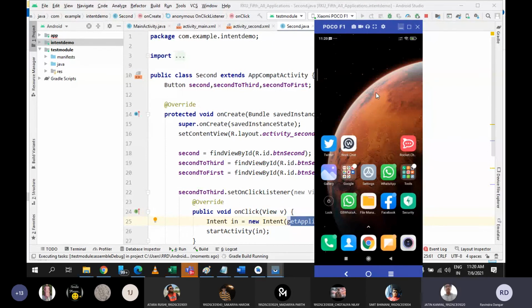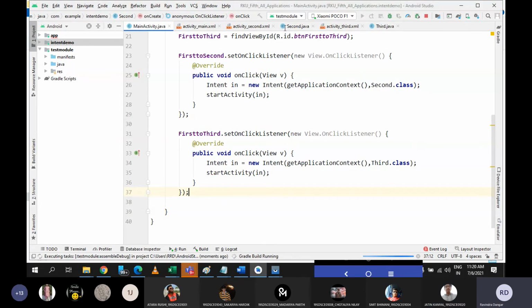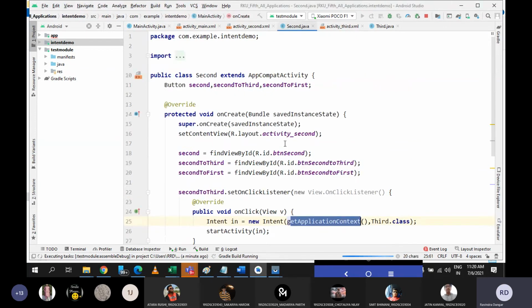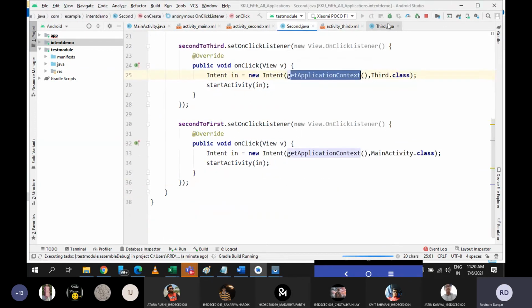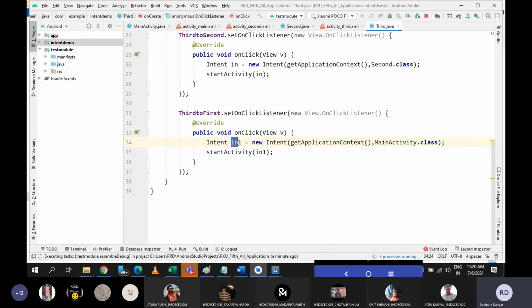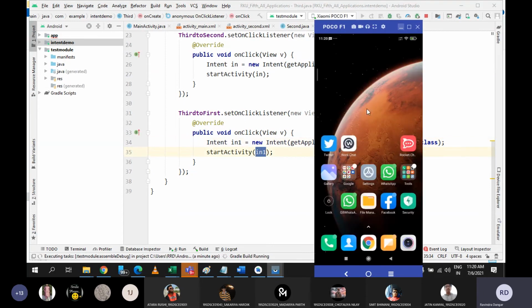Sir, in one place you had written IN1 for third to first mission. Yeah, but there I have already passed IN1. If it is there, I don't know, let me see. No, I think I have removed it. No, it is there. IN1 here also IN1, so it is not an issue. Okay, sir.